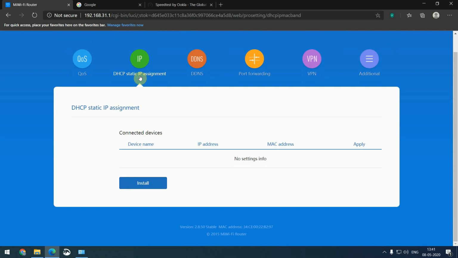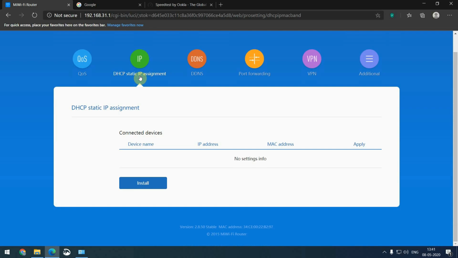settings and tune it. Okay, so coming to DHCP static IP assignment. DHCP means Dynamic Host Configuration Protocol. This router will assign IP addresses to devices automatically. In DHCP, an IP address assigned to a device will not be constant.